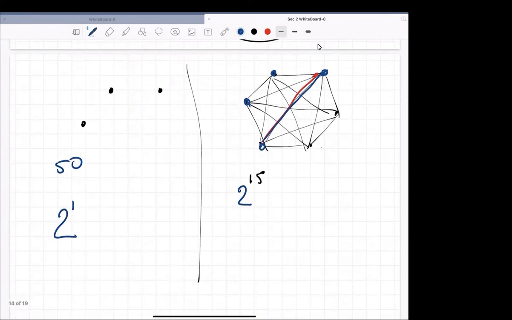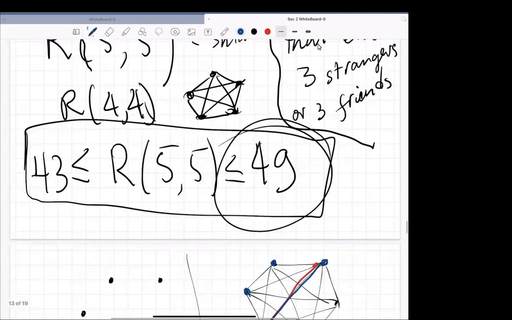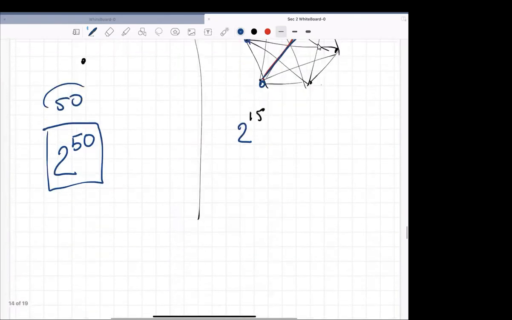How many possible colorings are there? Is it this many? Each edge, right? I have 2 to the 50 possibilities. Am I correct? Yeah. Just as you've suggested here. I'm sorry, this is true if I had 50 edges. If I had 50 people, how many edges would I have? Then the number of all possible edges, we computed that number.